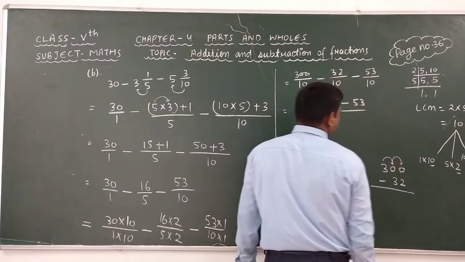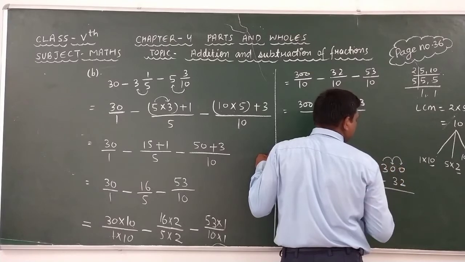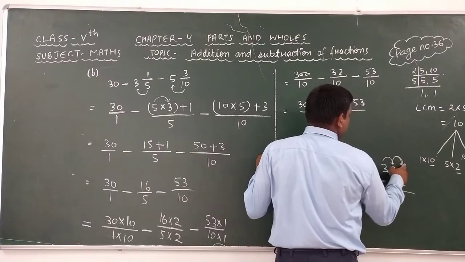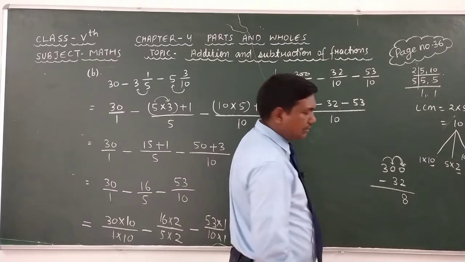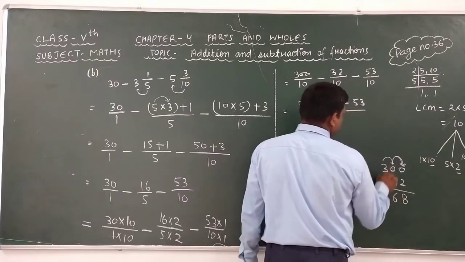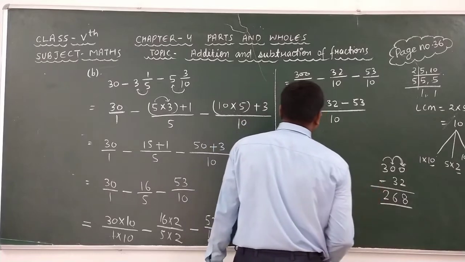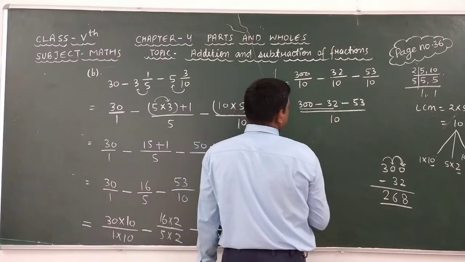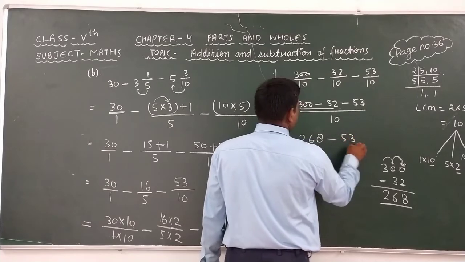Okay distance, look, firstly we have to take one borrow from this 3 and this 0 makes 10. And again we have to take one borrow from this 10 and this 0 makes 10. 10 minus 2 is equal to 8, and here we get 9 in place of 10. 9 minus 3 is equal to 6, and here we get 2 in place of 3. Okay, then here we can write 2 as same. Look, after subtracting this and this, we get 268 minus 53 over 10.